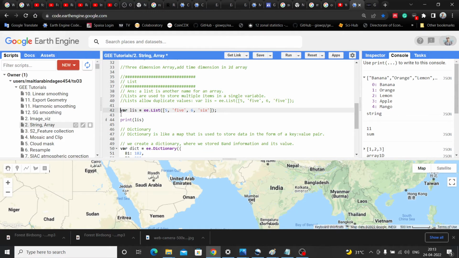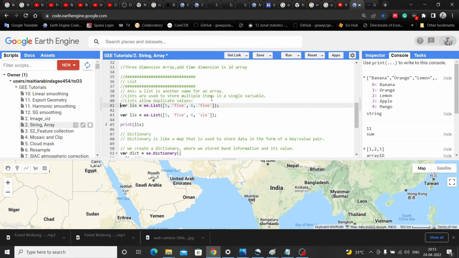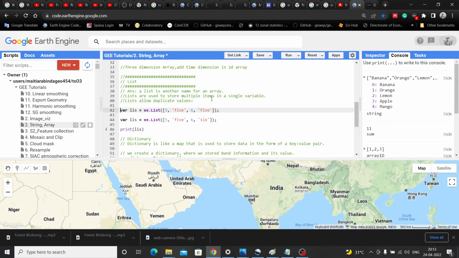So here it contains numbers and characters simultaneously, and this is another example of a list. Here I use the same name, so that indicates the duplicate value. Duplicate means the same character. It contains the same character multiple times.